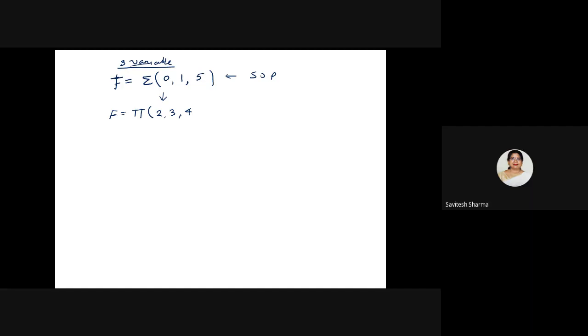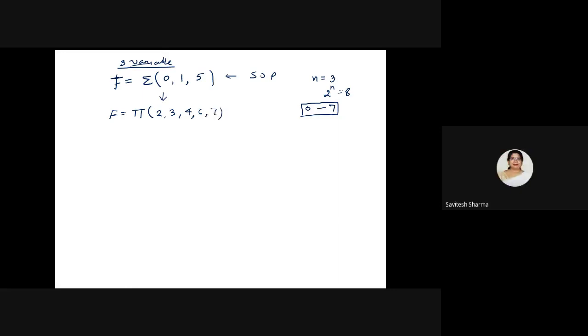See, one thing you are missing. See how many variables are there? 3. Yes, 6 and 7 were missing. So again, I am explaining. If the number of variables is 3, that means the total combinations are 2 to the power n, which is 8. So your sequence should vary from 0 to 7, so I should continue up to 7. After 5, what is missing here? 6 and 7 are missing.